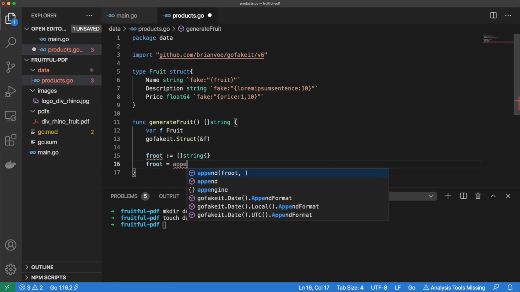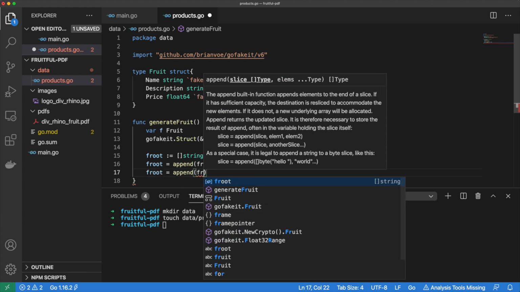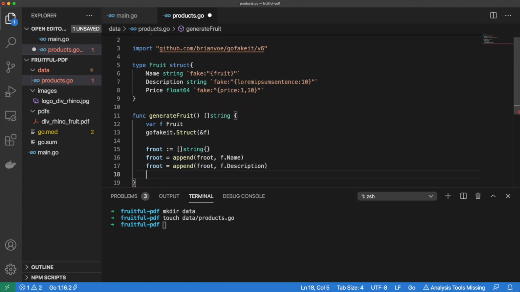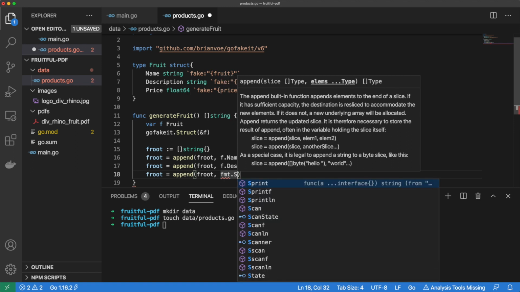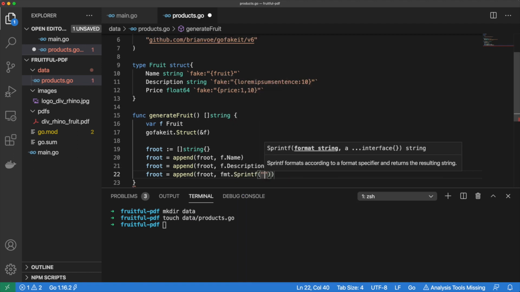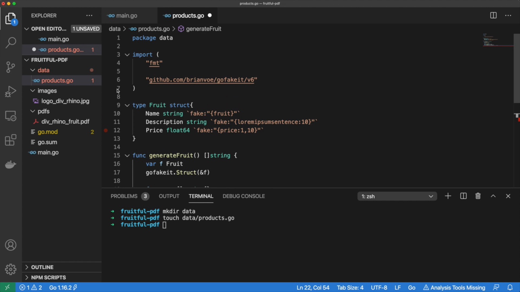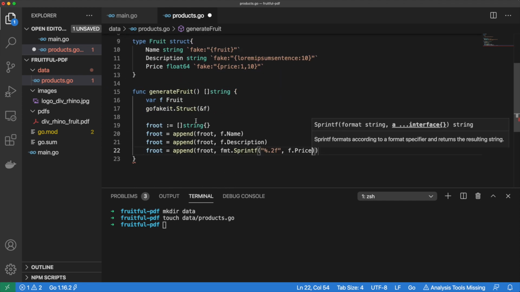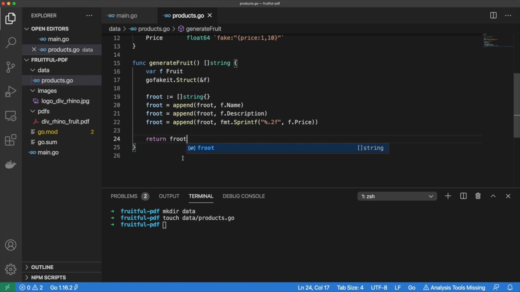To this we will append the randomly generated name, the randomly generated description, and the randomly generated price. The price is a float, so we need to use the Sprintf from the fmt package to format it with 2 decimal places and convert the result to a string. Let's also be sure that the fmt package was imported correctly. Finally, we can return our fruit with 2 O's as a slice of string.